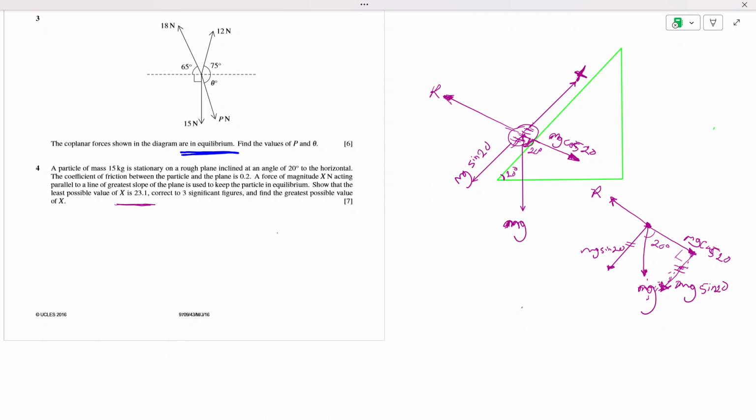Remember, friction acts in the direction that opposes motion. So in this case, what do you think? For x to be the least, right, the friction has to act up the plane. All right. So that means x plus the friction have to be supporting the particle, so it does not roll down, right? So I'll put the friction here going up the plane like that. That'll be the friction force,